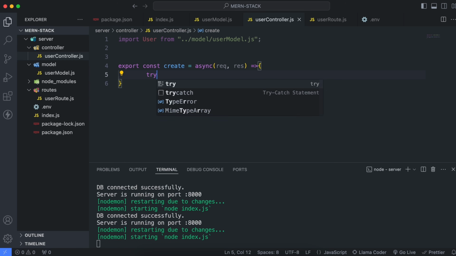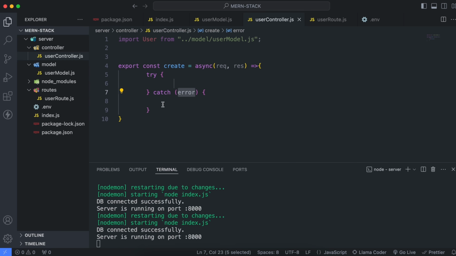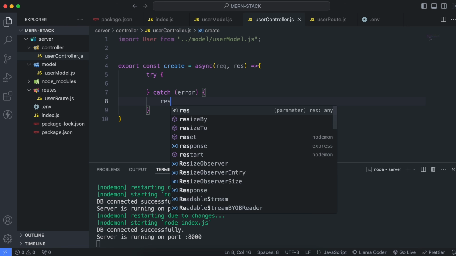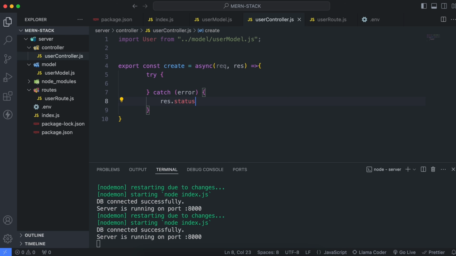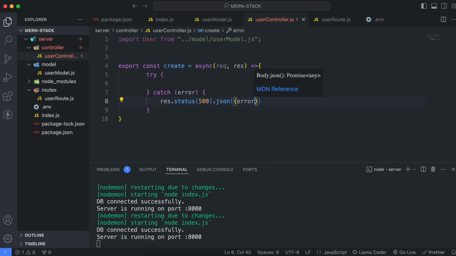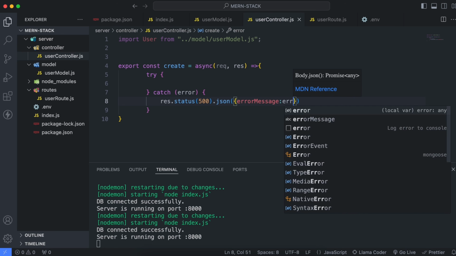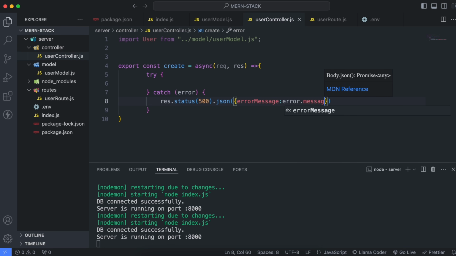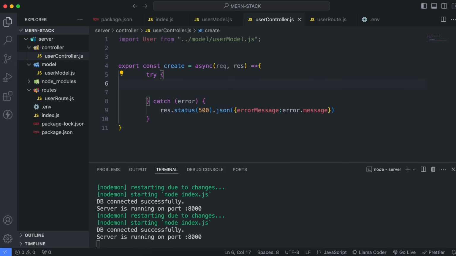So just type try catch, and this will automatically write this catch block here. Inside this catch block, we will handle the error if any occurs during the process. So just type response.status, and we will provide a status code like 500 for internal server error, and provide the JSON response with the error message. So just type error and message, and here type error.message. And inside the try block, we will be writing the code to insert the data